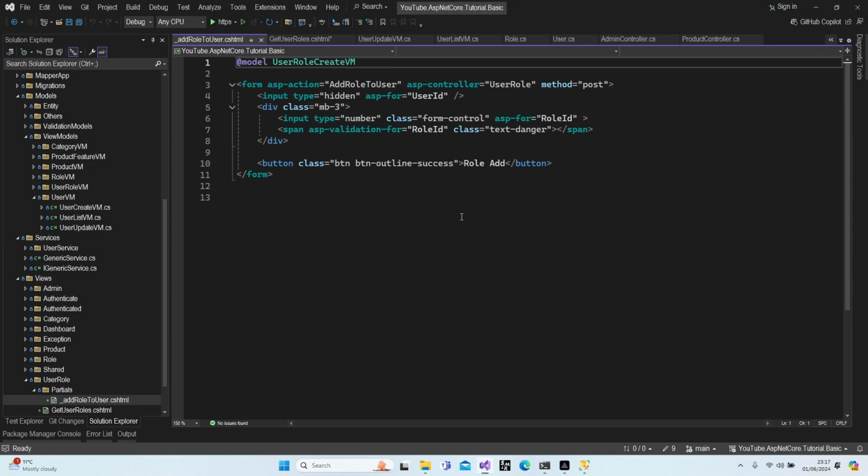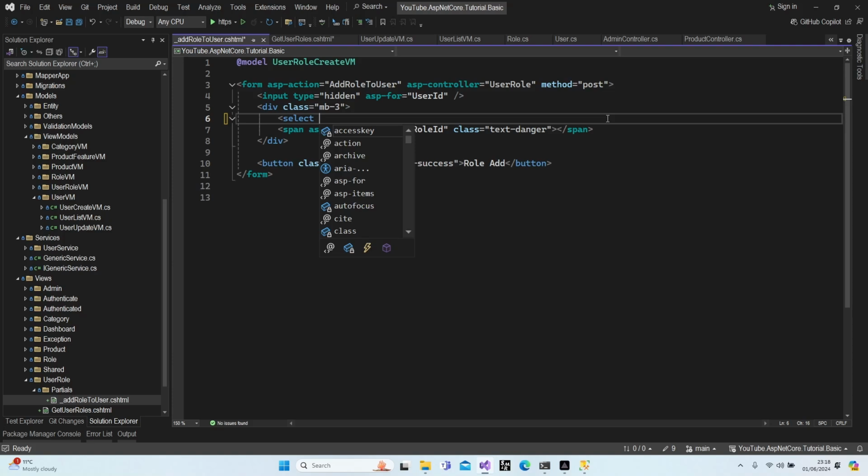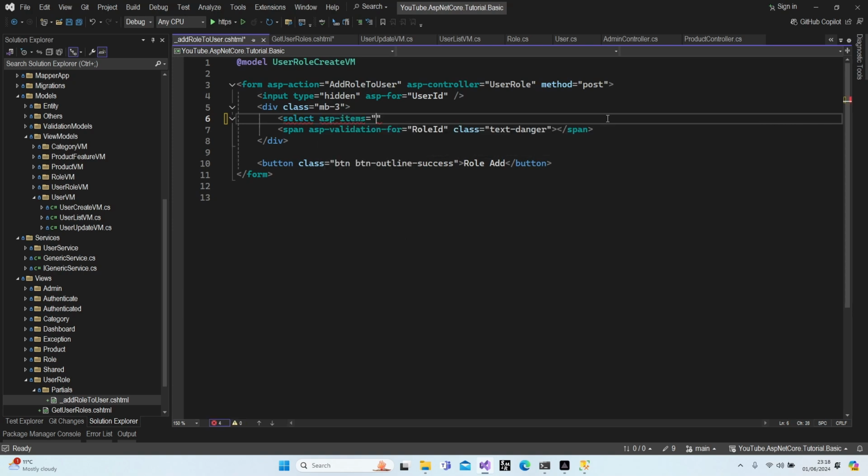So I need a drop down. Okay, yeah, I remember everything. Okay, I'm gonna delete this input. I'm gonna switch it to the drop down. All right, let's make it a select. Yeah, and asp-items for